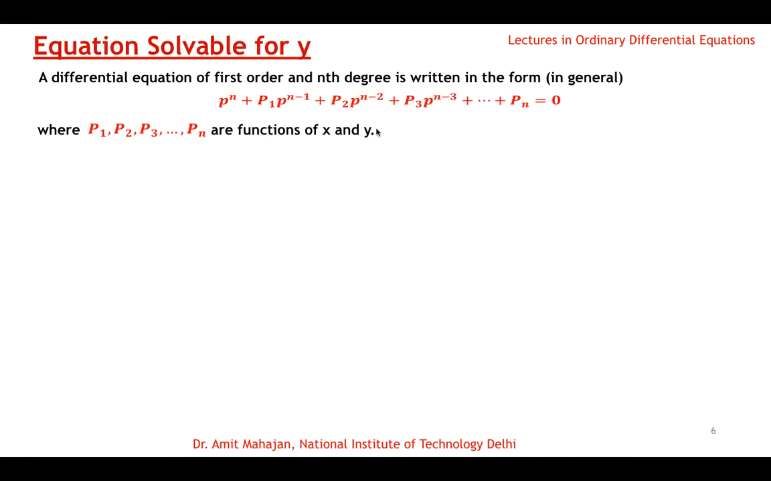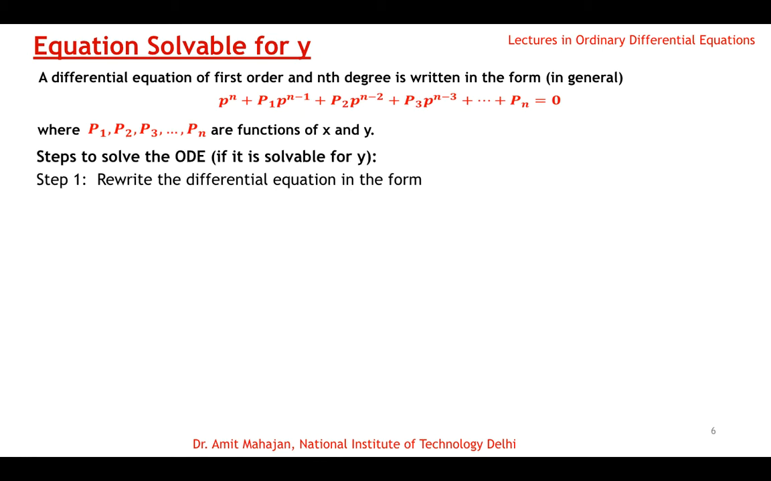The second possibility is that the differential equation is solvable for y. Okay, a differential equation again of first order and higher degree. We know we can write it in this form, where capital P1, P2 are functions of x and y. Now if it is solvable for y, that means for a first order higher degree differential equation, we can take y on one side of the equation and p and x on the other side. Then this equation we can rewrite in the form